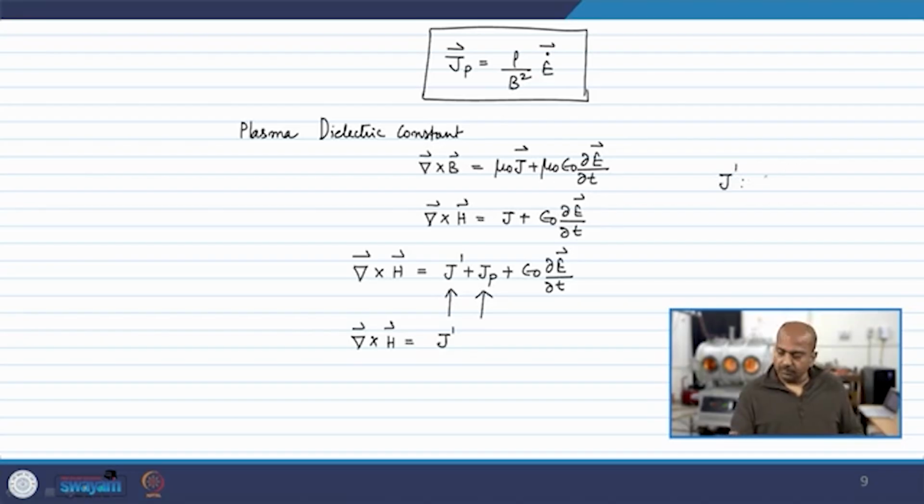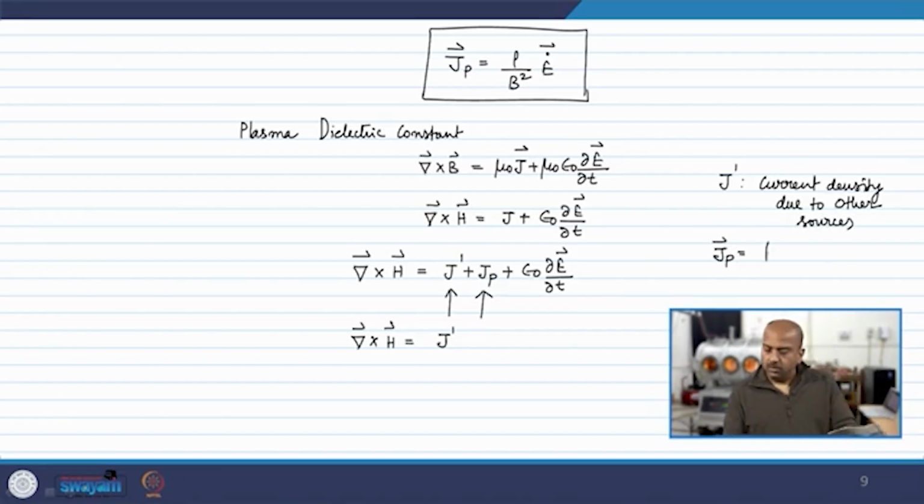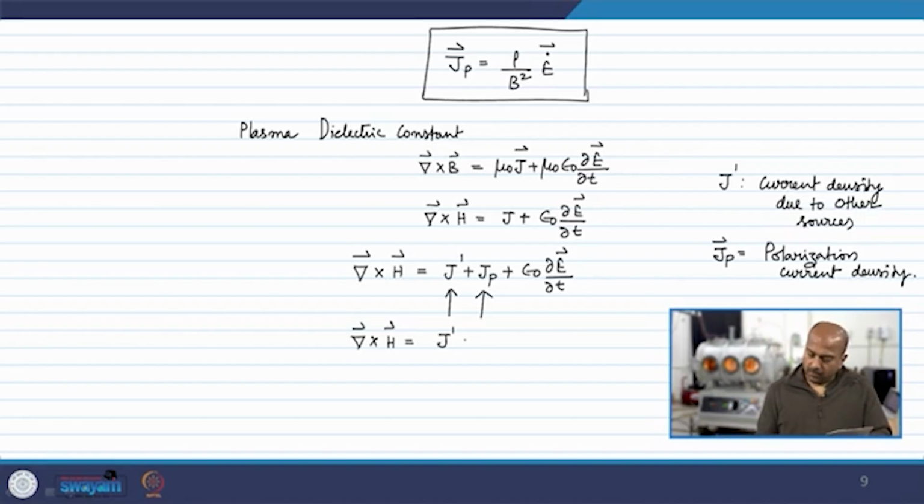J prime is current density due to other sources, and Jp is the polarization current density, or J prime plus, which is rho by B square dou E by dou t plus epsilon naught dou E by dou t,